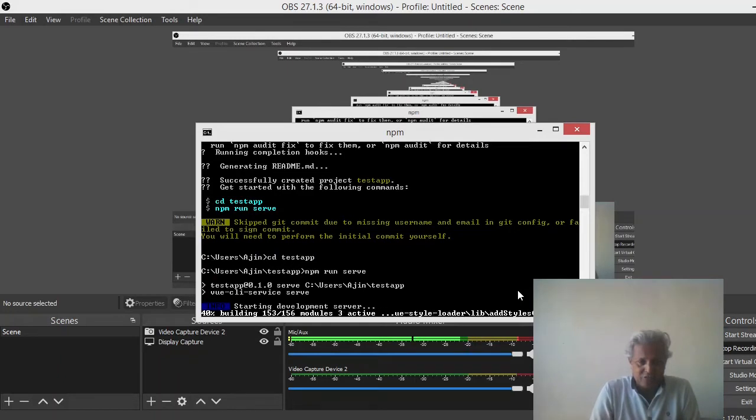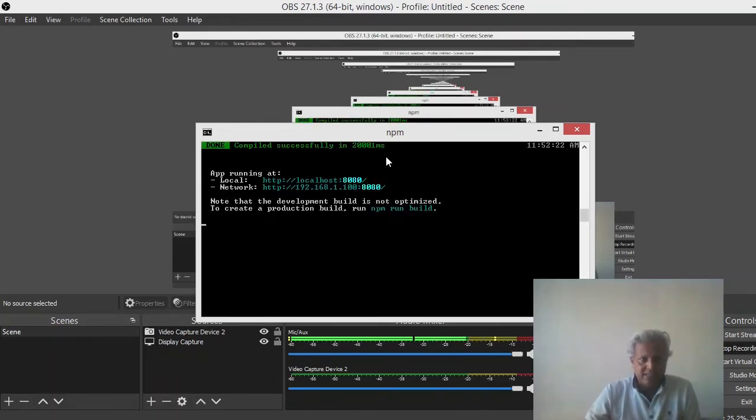If 8080 is occupied, it will give you another port number, maybe 8081 or something else. So now there you see that it says that the app is running at the local port http localhost 8080,